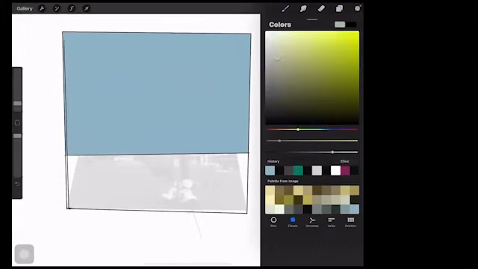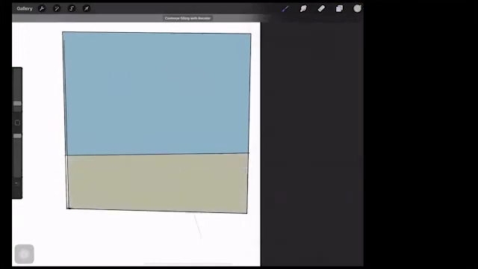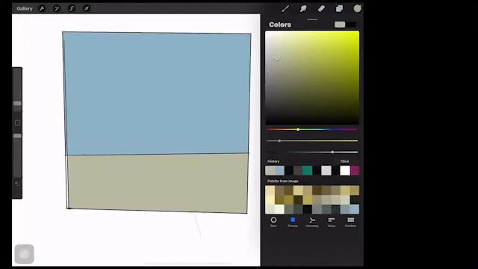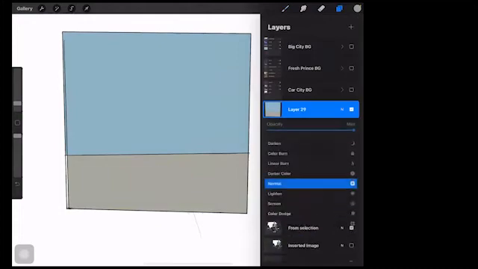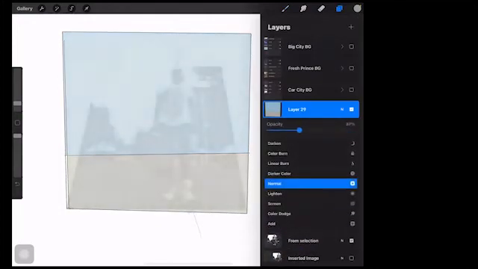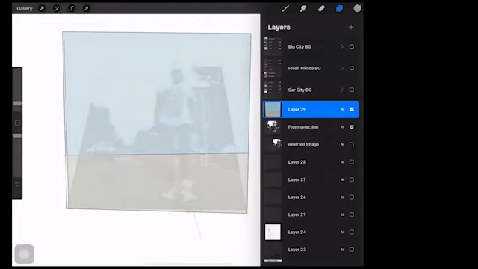So we have our background image. Let's just say we're going to use sky blue and this yellow grayish color. And I think I want to make it more gray. So boom, that's the street and the sky. And in between, where the sky and the street meet, you can pretty much identify that as your perspective line. So now that we found the street and the sky and we know what's the furthest thing back,